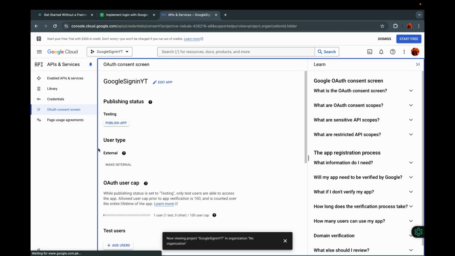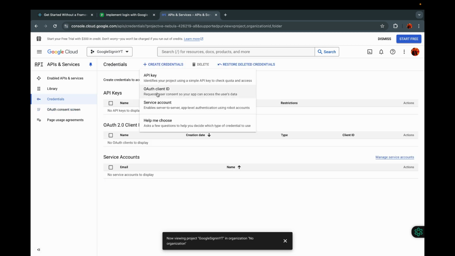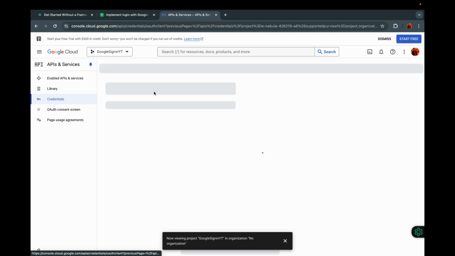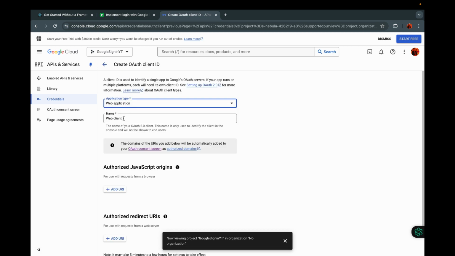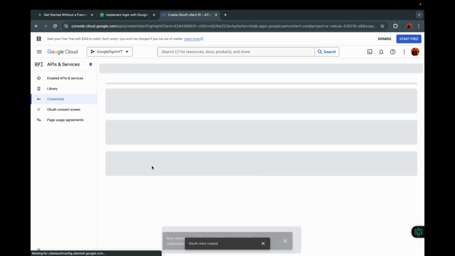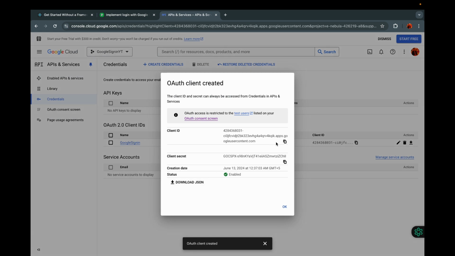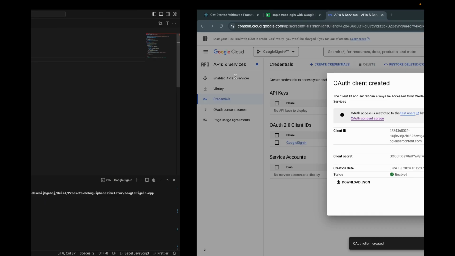Back to the dashboard and go to credentials. I'm gonna create a credential, Google OAuth client ID, application type. Let's create first for the web application, Google sign in, and I'm gonna copy this client ID and paste it here, web client ID, and make sure it is in the string,